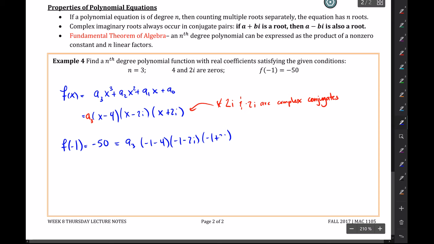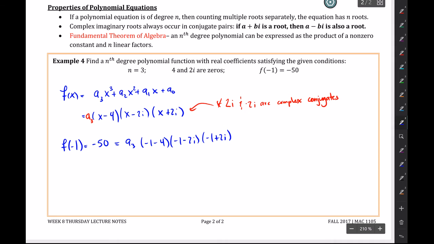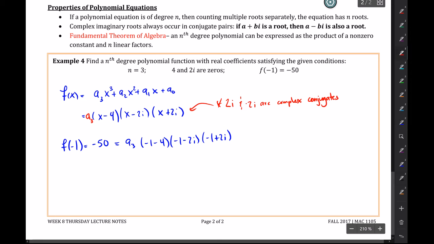And I'm supposed to solve for a sub 3 to figure out what that leading coefficient is. Okay, well, let's see here. This is -50 equals a sub 3 times -5, and then I should actually FOIL